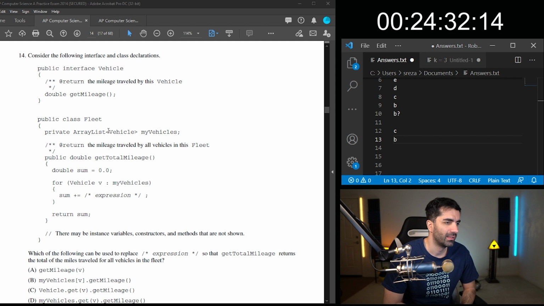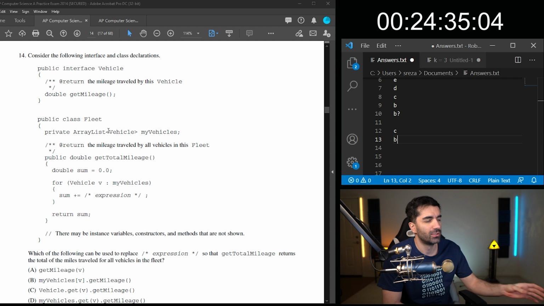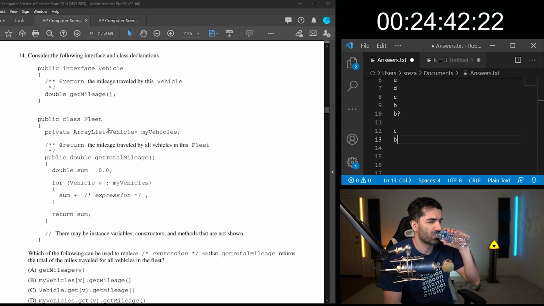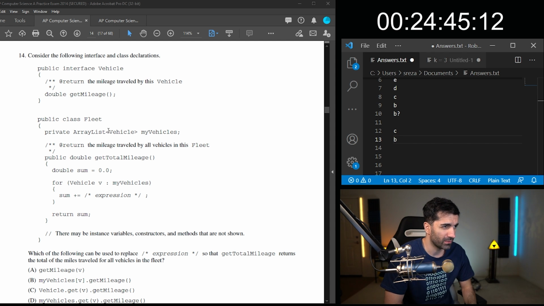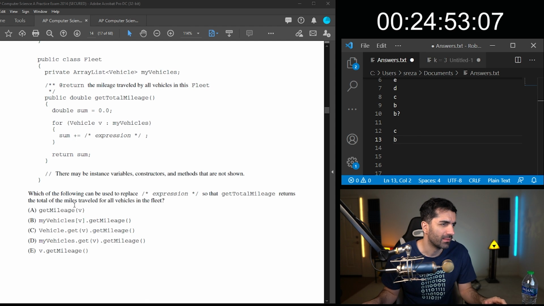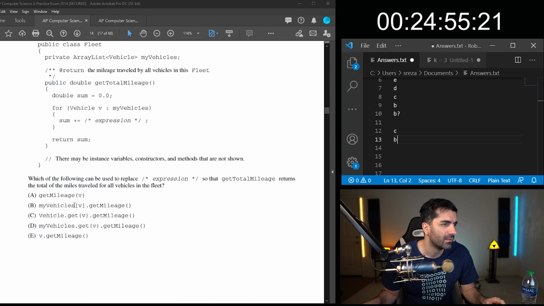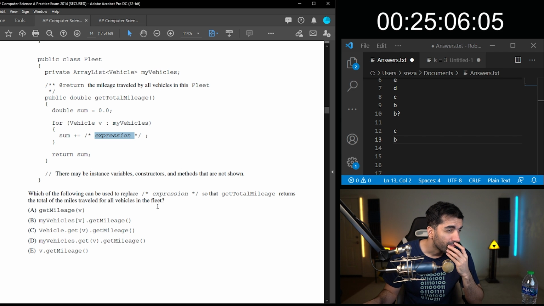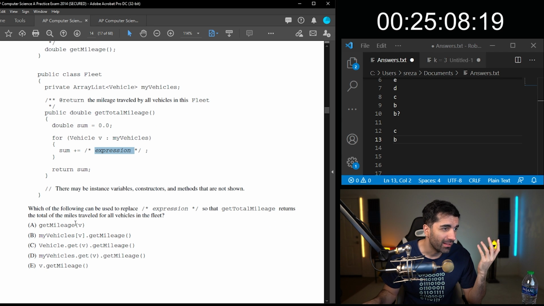And then we have public double getTotalMileage, which returns the mileage traveled by all vehicles in this fleet. So it loops through every vehicle and just adds their mileage. Okay. Which of the following can be used to replace expression so that getTotalMileage returns the total miles traveled for all vehicles of the fleet? I'm guessing it's going to be getMileage.